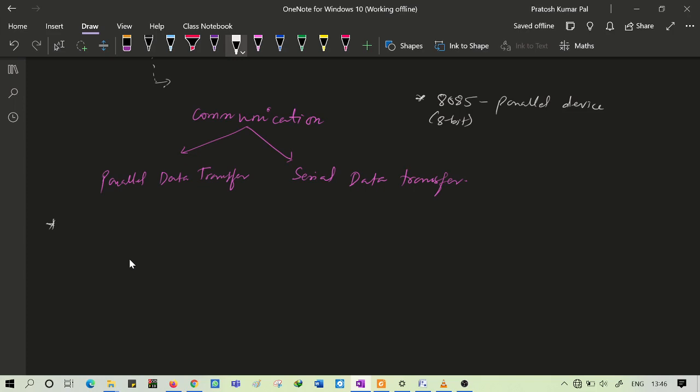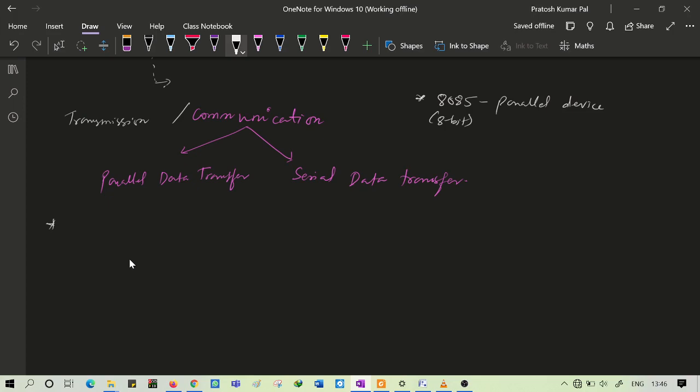That's why it is called parallel. It has the parallel input output mode of transmission. Here we are basically dealing with data transmission, either parallel or serial.